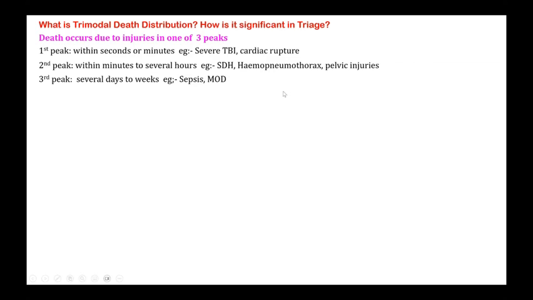Second peak. Peak two patient. This patient is less serious. He can go into complication later only. This patient is almost dying, dead. Whereas this patient, if you drain the pneumothorax or the hematoma, or fix a pelvic fracture, he can still survive. So he should be given the maximum attention and treatment.